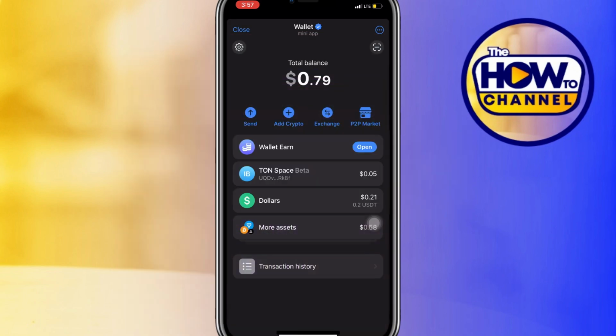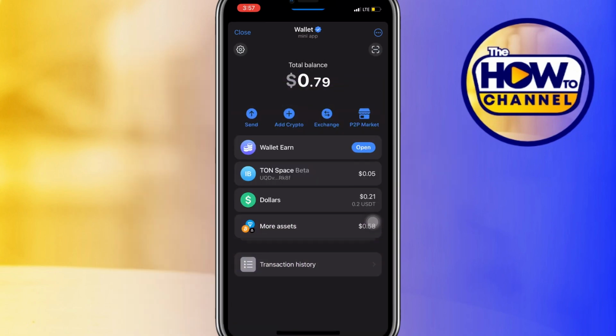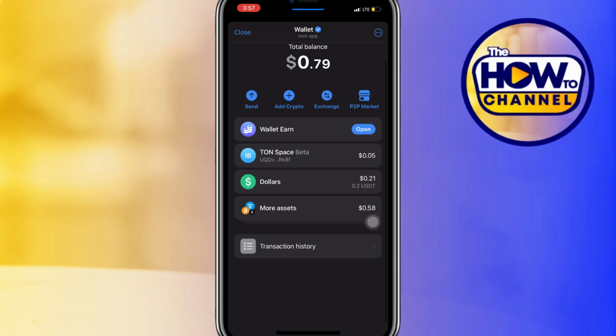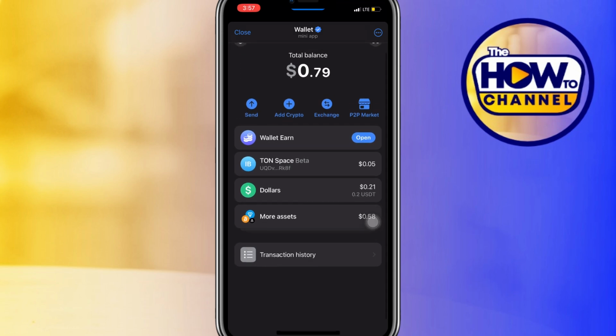In today's video, I'm going to show you how to transfer money from Telegram wallet to your bank account. This tutorial is quick and simple, so let's go. Once you open up your Telegram, I'm going to show you two ways actually how you can transfer your money